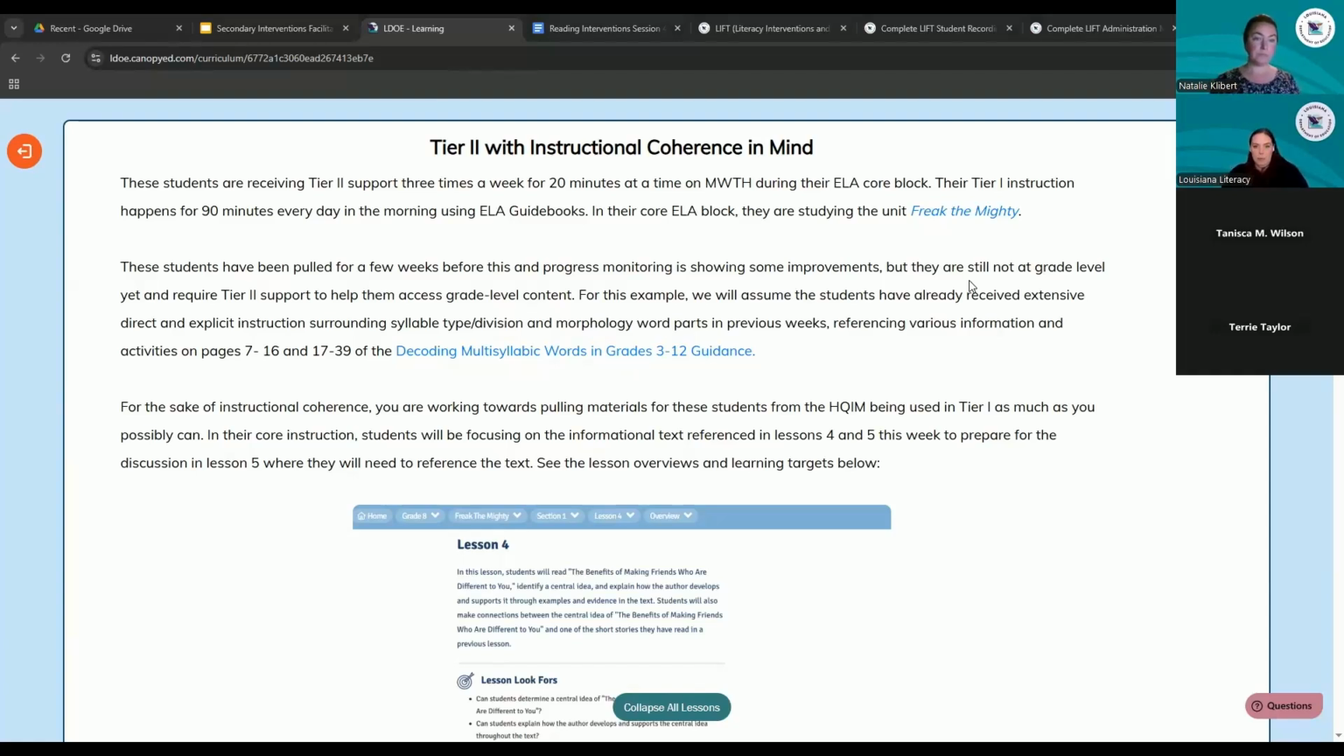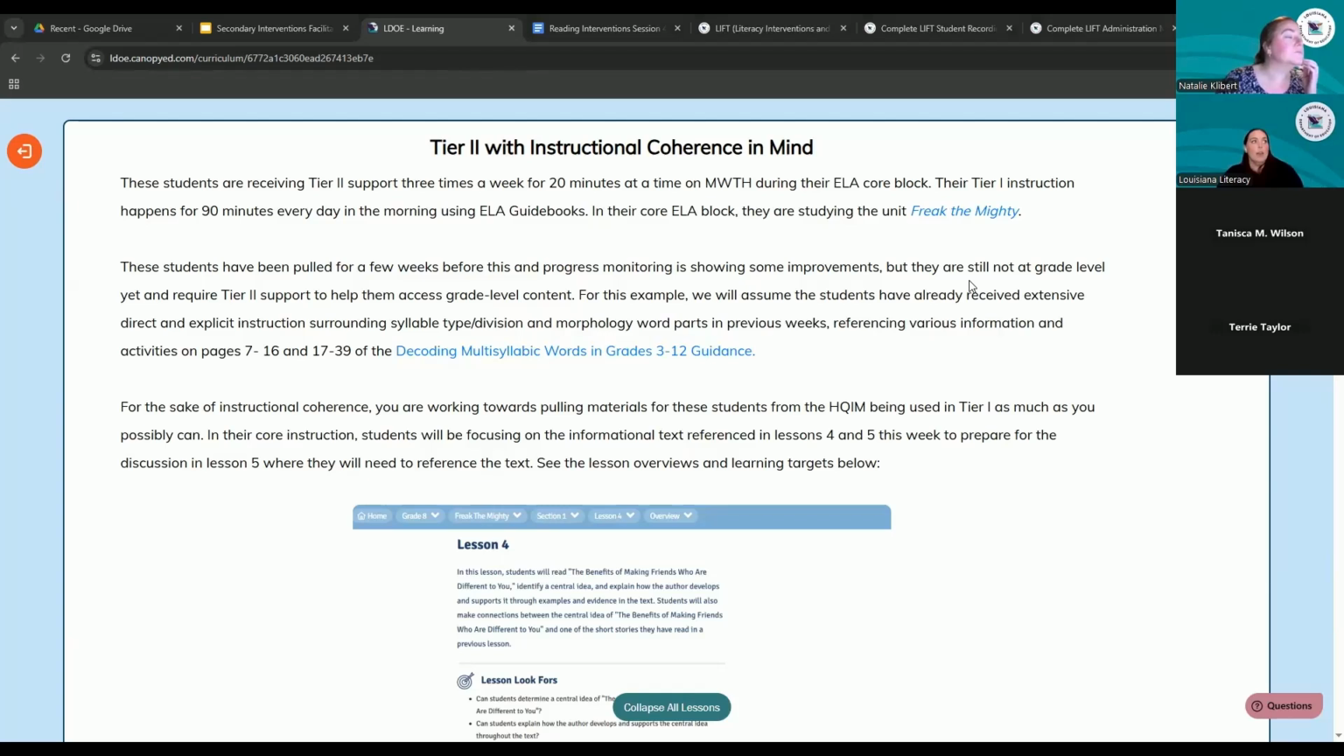And for this example, we're going to assume that they have already received some extensive direct and explicit instruction surrounding syllable types, syllable division, and morphology. They're familiar with a lot of different morphemes already and syllable division patterns and things like that. So we've been doing a lot of multisyllabic work with them, and we're pulling it from this particular guidance